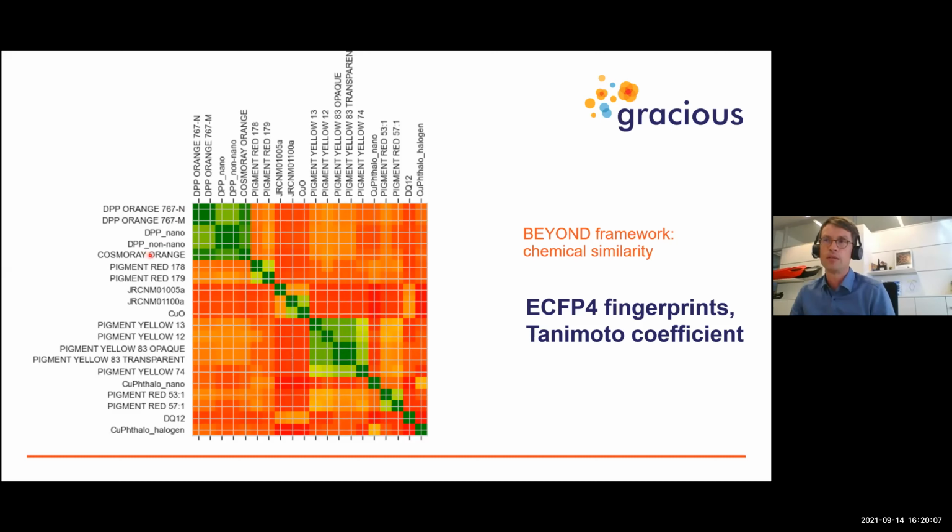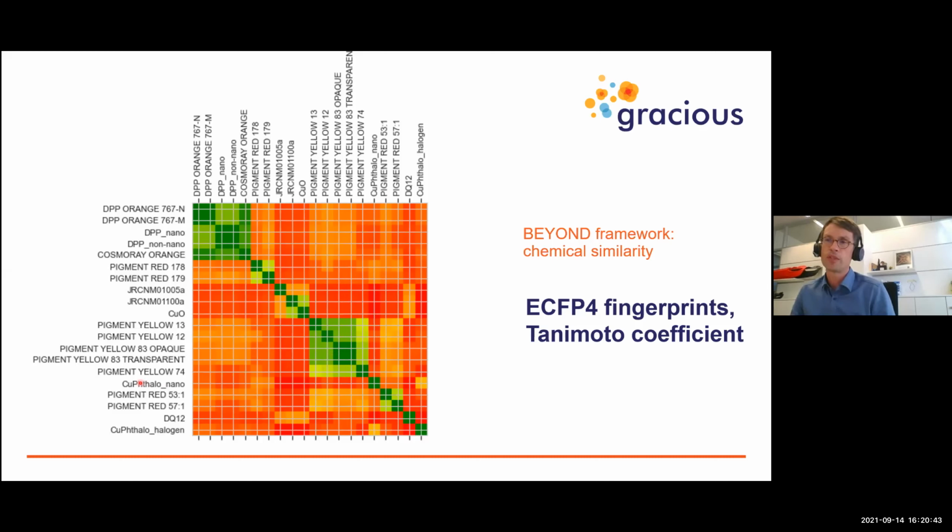Cosmoray also is a decayed pyrroloporone material. It confirms the relatively lower, but still obvious similarity of the two parylene materials. And then for some reason, it arranges the titanium dioxide, zinc oxide, and copper oxide reference materials into one class here. It does recognize all the diarylite pigments as one relatively similar material, but it's interesting to see that